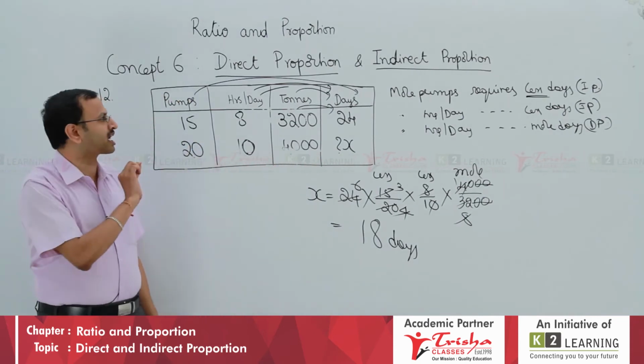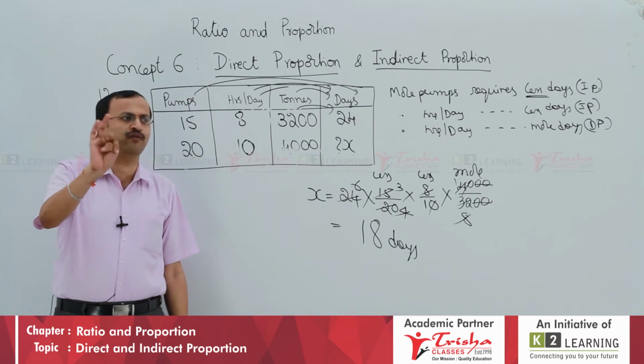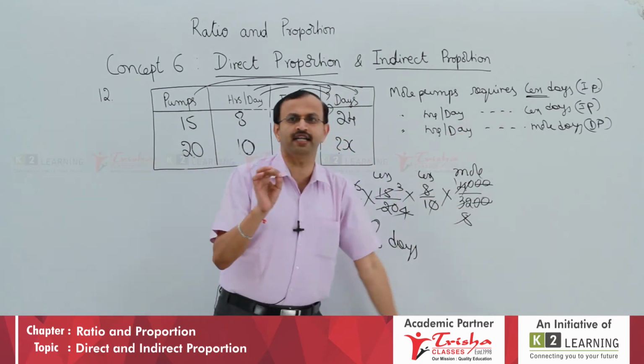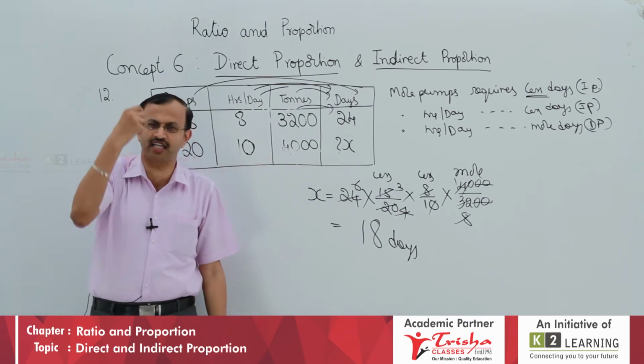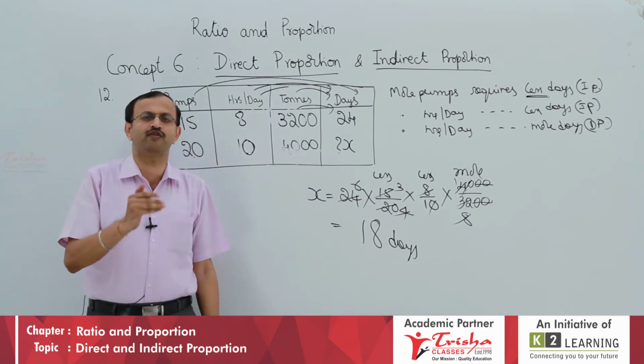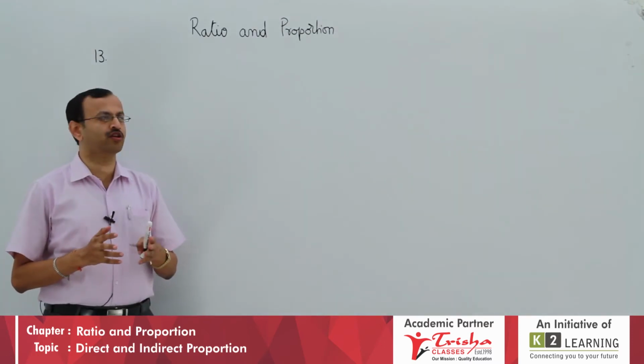So that will take 2 variable, 3 variable, 4 variable, direct and inverse proportion. Though it looks a little big to you, with the help of more or less any kind of problem you can work out. Students, we will go for the next one. We will work out the 13th problem.